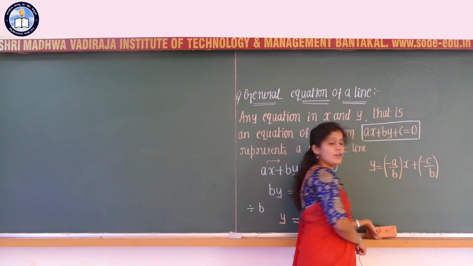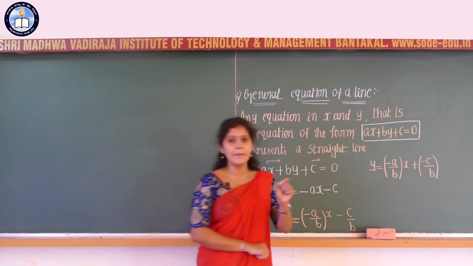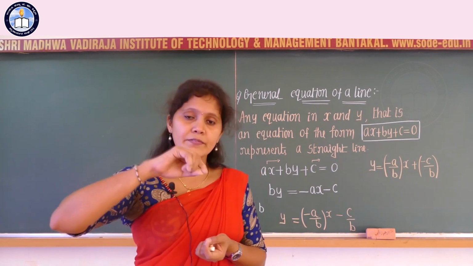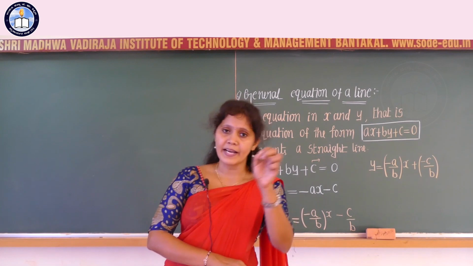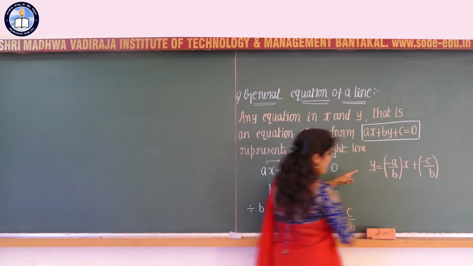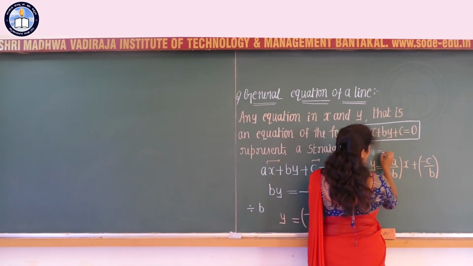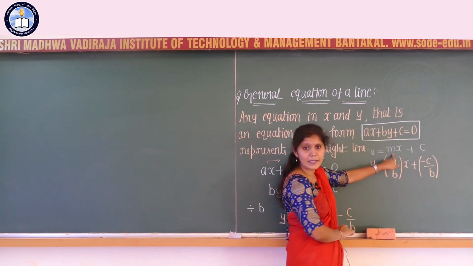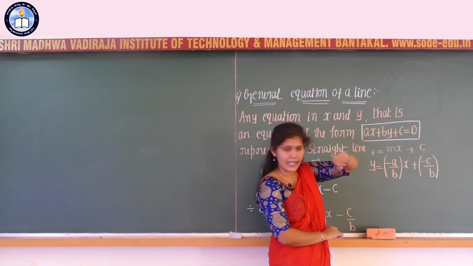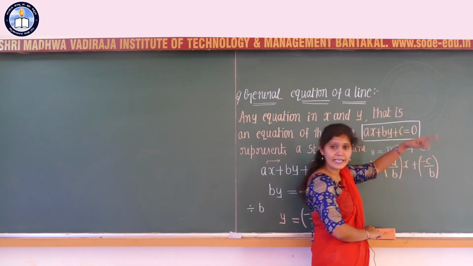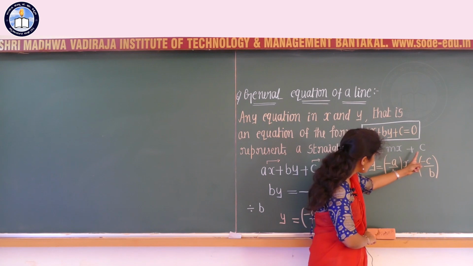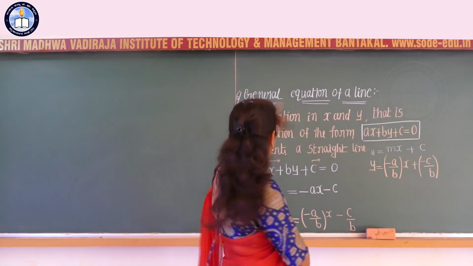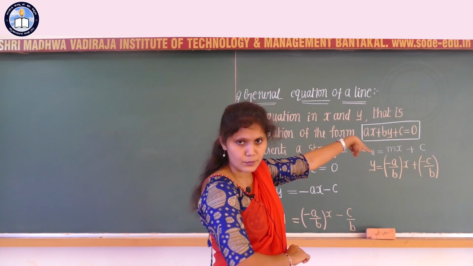So, we already know the y is equal to mx plus c form. What is meant by y is equal to mx plus c? If the slope is given and if the y-intercept is given, you can compare this equation with y is equal to m into x plus c, correct? What is m here? m is nothing but the slope of the line and c is called the y-intercept, and this y is equal to mx plus c is the first form of equation of a line, and now we are discussing the sixth form, clear?